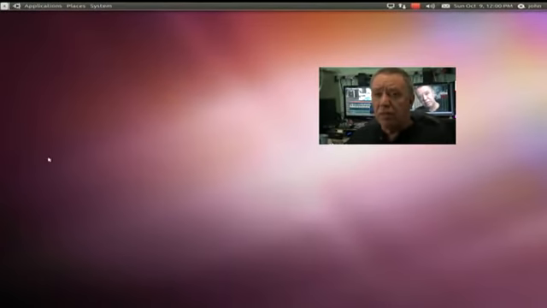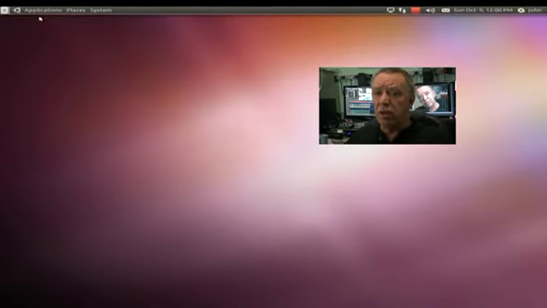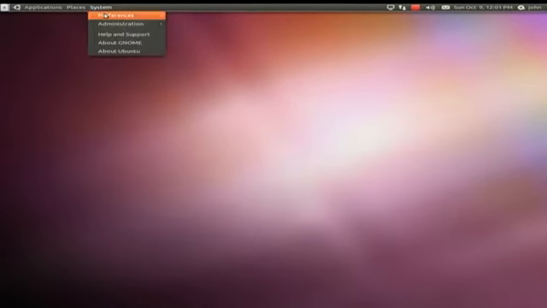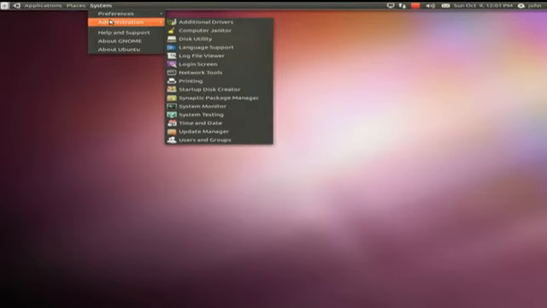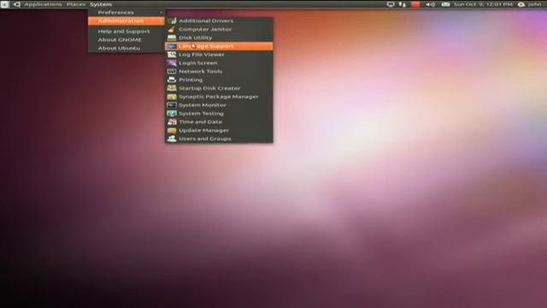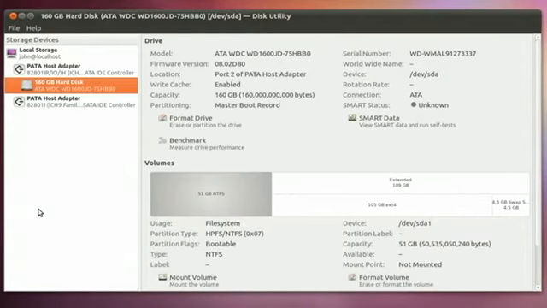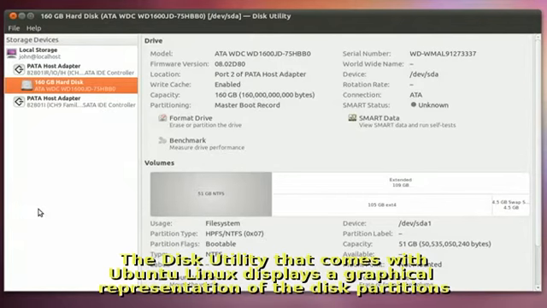Now, just as a quick review, we want to show you the last installation. We can look at the partitioning scheme on that drive. It may make a little sense to you as we go through this, having seen this first. Let's look at a utility that can show us the drive partitioning scheme after the fact. We go to System, Administration, and the Disk Utility. Now here we see the Disk Utility, which can show us some useful information regarding how this hard drive is